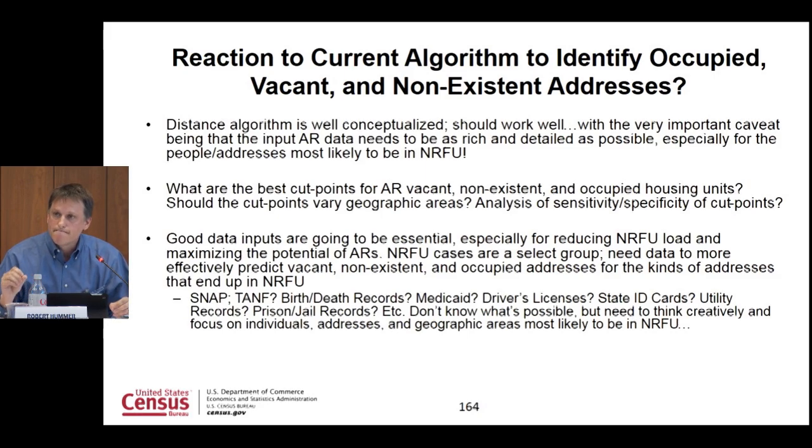But I think that could be really important, to not take a one-size-fits-all approach in the use of these administrative records across places. So at the bottom here, the good data are going to be essential. I don't know what data to use. I threw a bunch of possibilities out there. I'm sure you've thought of these, but again, the selection issue is what's really important here. Medicare and the IRS data are not going to be enough. I think that's helpful and you're going to get some good stuff there, but I think who you're trying to reach here in the addresses, the data has to be more creative.